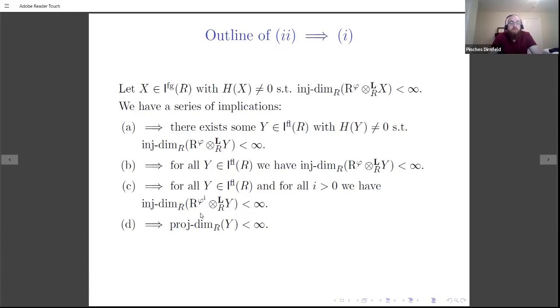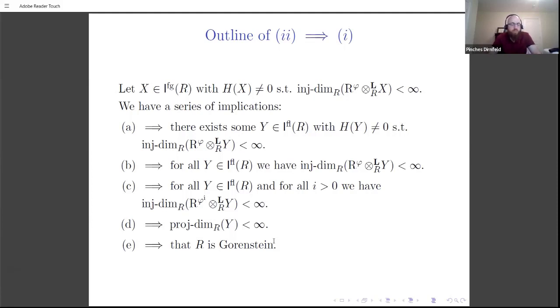C would imply that y actually had to have finite projective dimension to begin with, and here I'm taking projective dimension over the source ring, and this also takes a little bit of work. But of course D implies that R is Gorenstein, because this is already due to Foxby: now I have something with finite projective dimension and finite injective dimension, and Foxby proved that such a ring has to be Gorenstein.